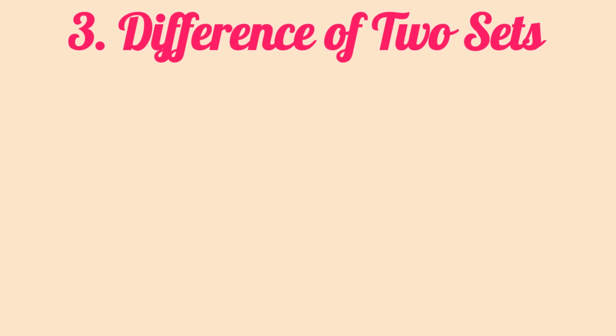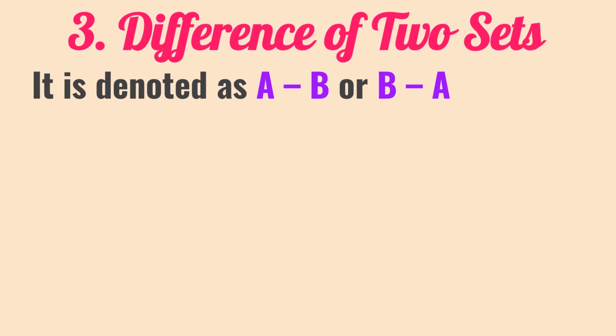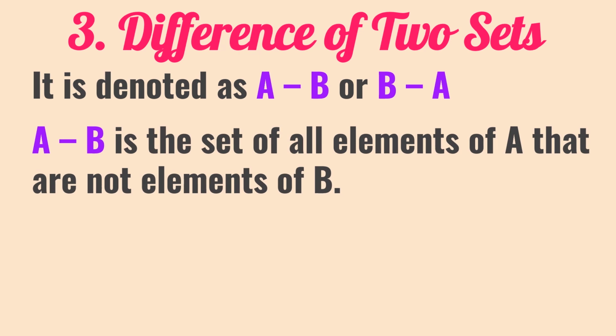Number 3, difference of two sets. It is denoted as A minus B or B minus A. A minus B means the difference of A and B. And B minus A means the difference of B and A. A minus B, or the difference of A and B, is the set of all elements of A that are